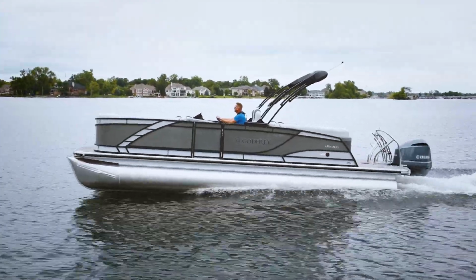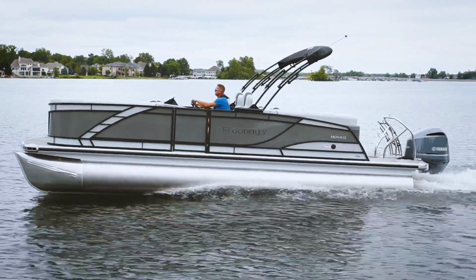we really like. Of course, this is just a sneak peek. For the full details, be sure to check out our Shootout Boat Test